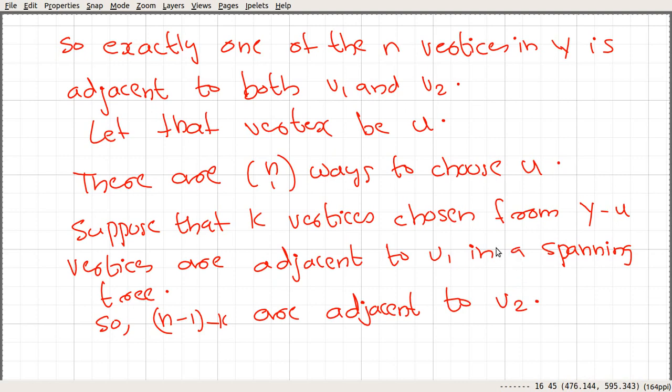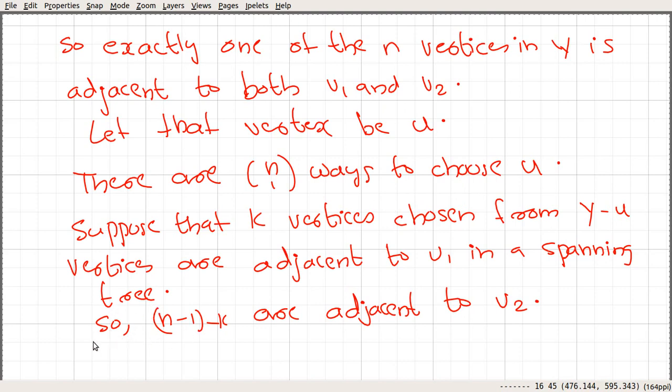So we choose k from n minus 1, make those vertices adjacent to V1 and the remaining adjacent to V2. That can be done in n minus 1 choose k ways, and k can take any values from 0 up to n minus 1. All those are disjoint cases, so by the sum rule for counting, we get the answer.